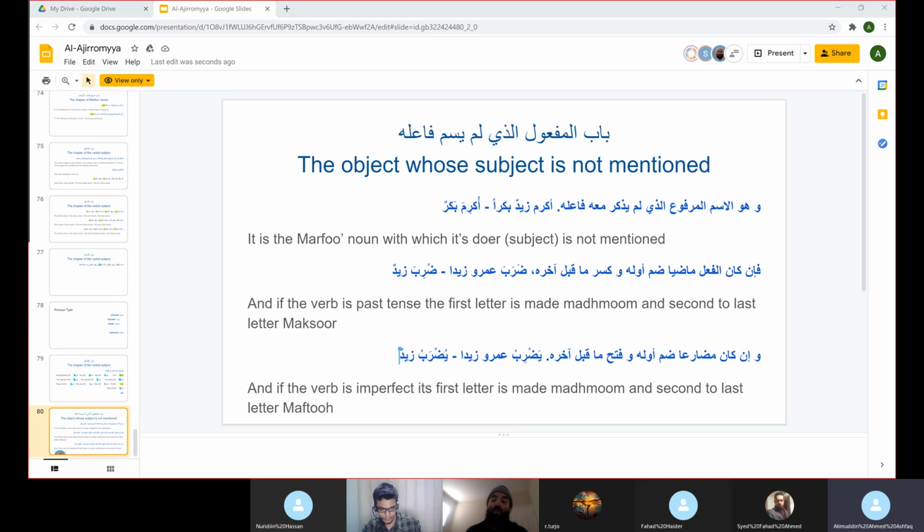Sheikh, just something that I would like to say: whenever certain keywords appear on the slide in Arabic text, such as zahir and mudmar, could you add the diacritical marks for those keywords so that we could memorize those words? It would be easier for us to know that this is the topic we are concentrating on.